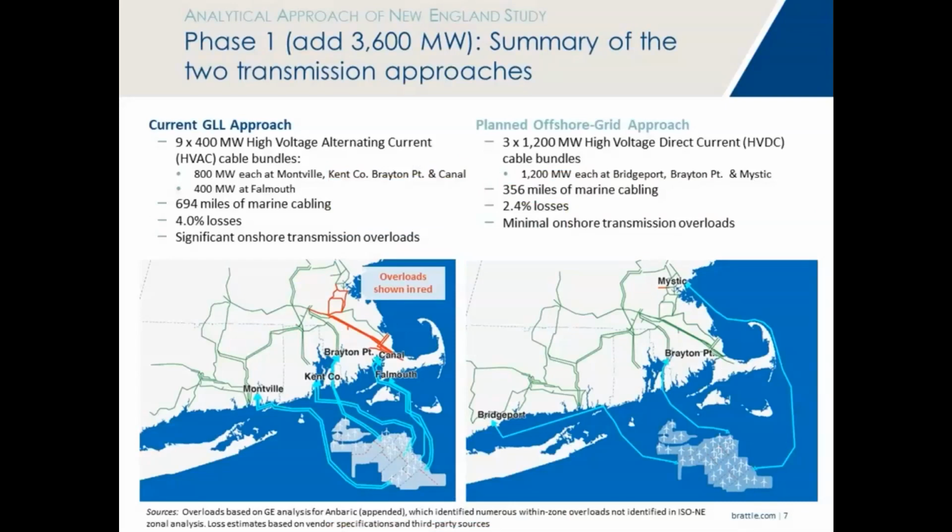At that scale, you would typically use AC cables with about 400 megawatts each. So to get 3,000 megawatts of additional offshore wind into New England, you would need about 9 individual 400 megawatt cables. With the gen-tie approach, we have assumed that the generators would tend to choose the closest onshore landing points